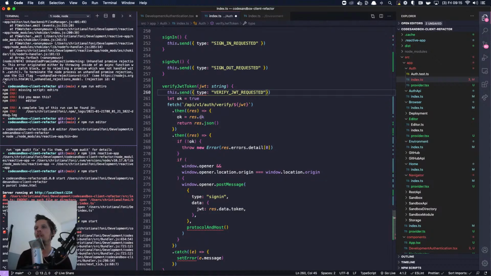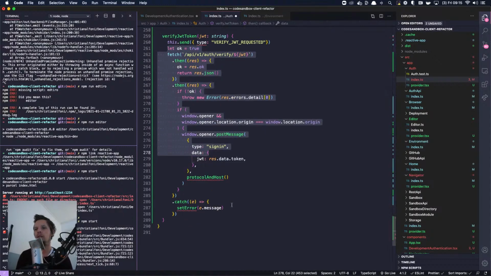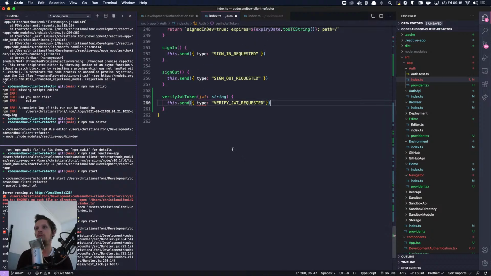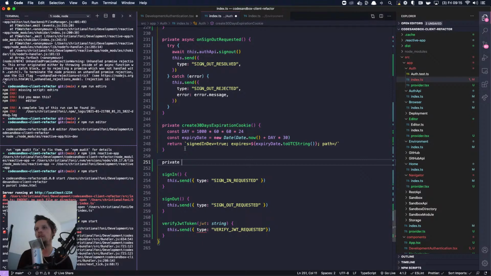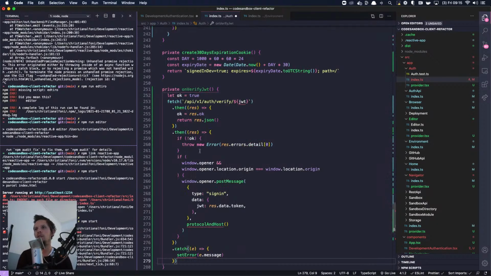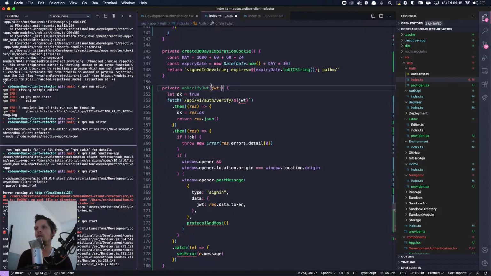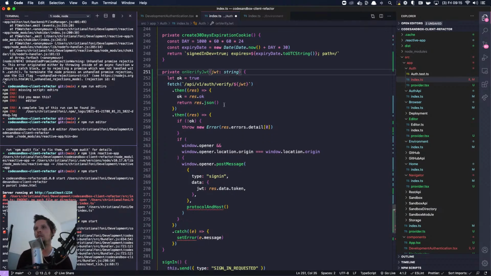That's a new event we need. And then this is going to be part of a private piece of logic, private on verify JWT. It's going to take a JWT, and then this is going to send